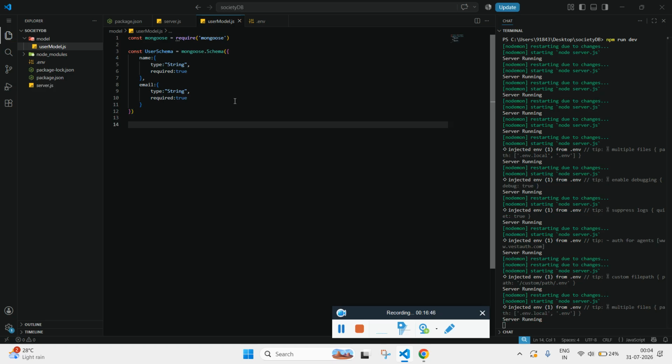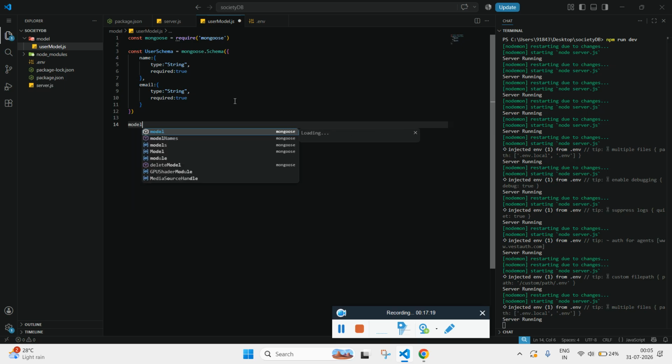Now, whenever you create a unique file for any kind of application, for any kind of function, that function has to be exported. You have to keep this in mind. Whenever we create a file, that file will definitely have a function, and that function has to be exported so that we can import it somewhere. Here we would be exporting this particular function, which is userSchema,